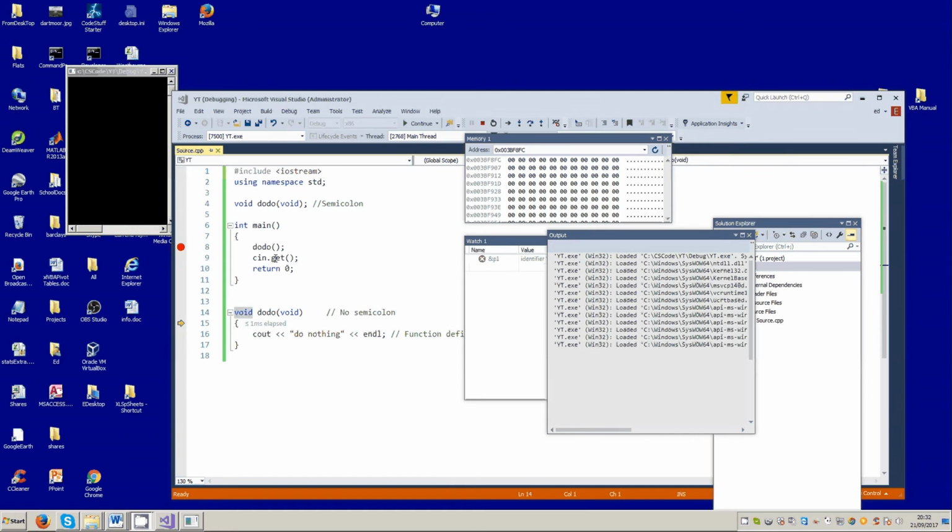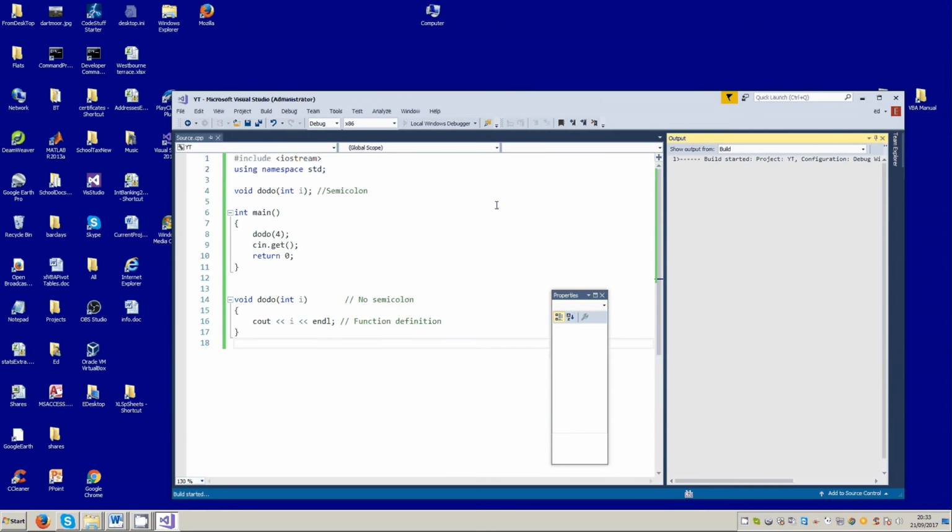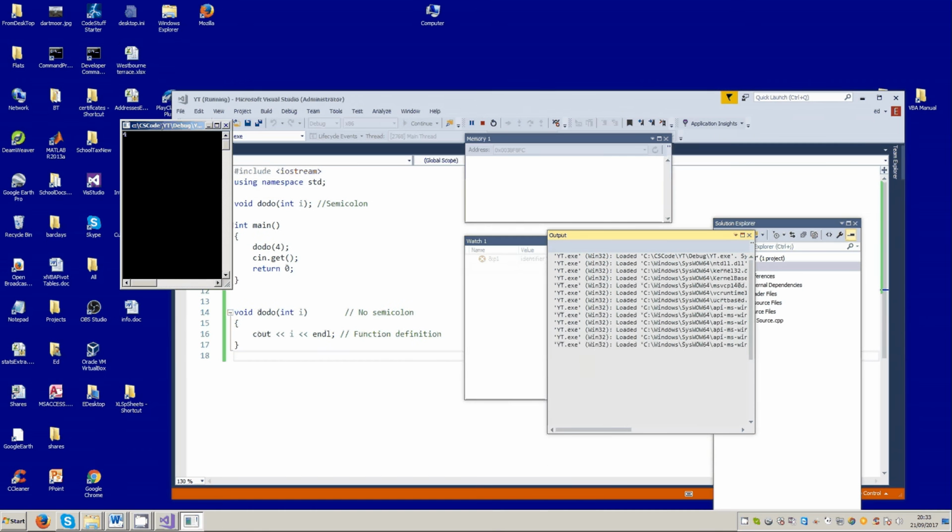So let's pass a numerical value as well. I'll stop the program and take the breakpoint off. What I'm going to do is pass a number. And if I'm going to do that, I have to put something to accept the number. Anything you like there. But you can see that it's complaining a bit up here, and that's because my prototype has been changed, and I need to alter it. So I might as well actually print out the value of i as well. If I run that, then you can see that it prints out the value of 4,